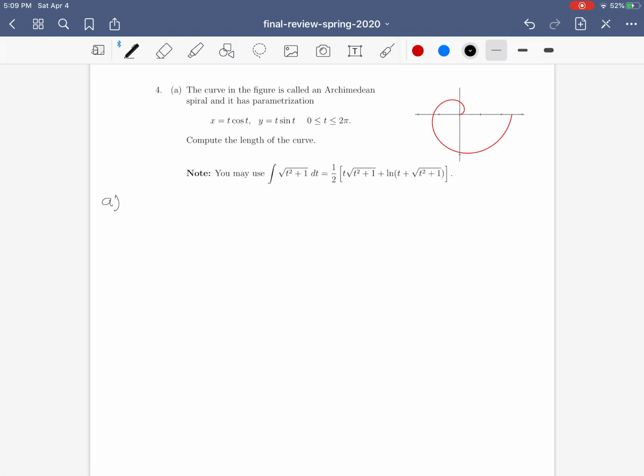So the first thing we're asked to do in part A is to find the length of this curve. And so if you look back through your notes, you'll realize that in section 10.2 of the lectures, we studied various formulae for arc lengths and areas and things like that of curves that were defined parametrically. So in particular for arc length, we found the following. So the arc length of a parametric curve